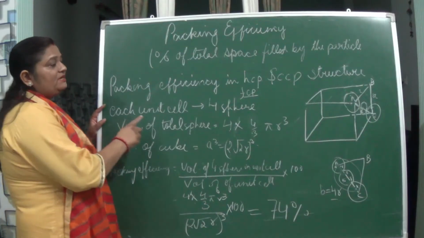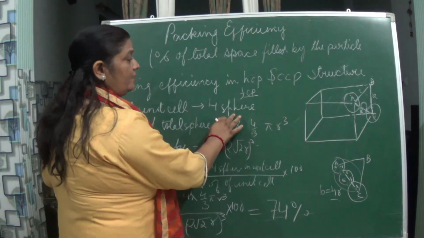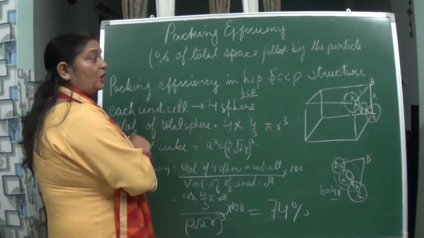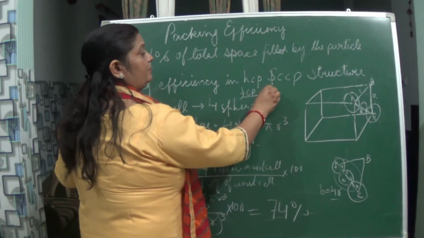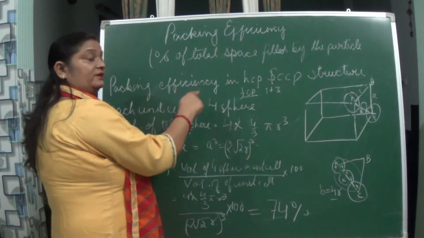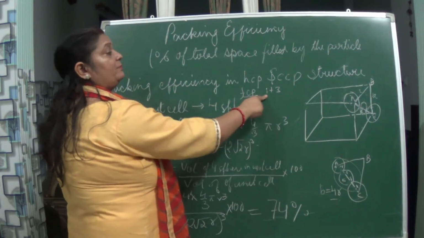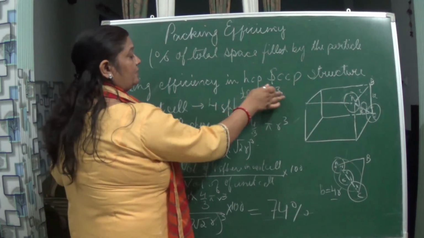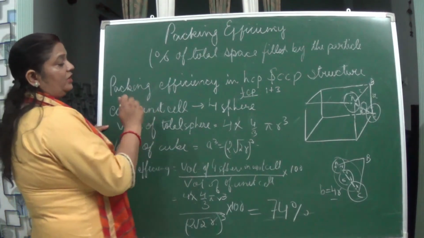Now each unit cell consists of how many spheres? 4 spheres. From where did these 4 spheres come? This is consisting of FCC. And how many atoms will FCC accommodate? We have solved it earlier: it is 4. 1 is coming from the primitive one, and 3 are coming from the faces, which have been divided, and half comes from each, so it becomes 4 spheres.